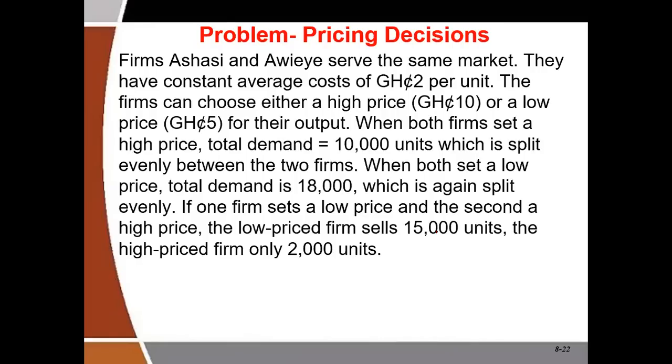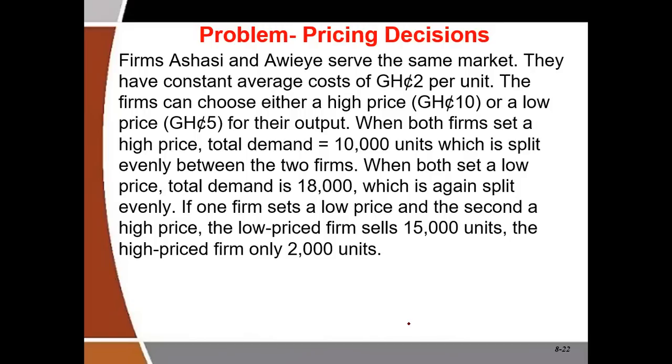Let's also apply it to further pricing decisions. Let's look at this example. Firms Ashasi and Ewieye serve the same market. They have a constant average cost of 2 cedis per unit. So remember, their average cost is 2 cedis per unit. The firms can either choose a high price or a low price for the output. When both firms set a high price,